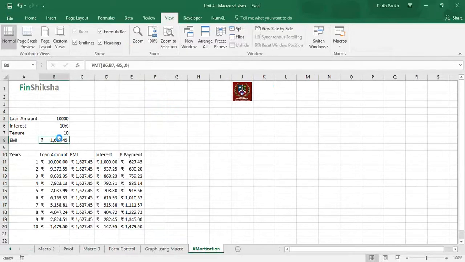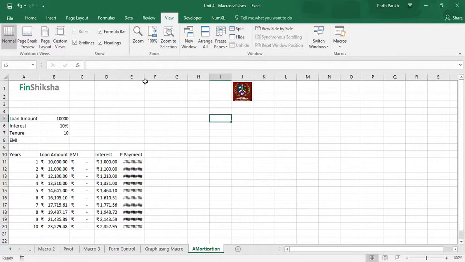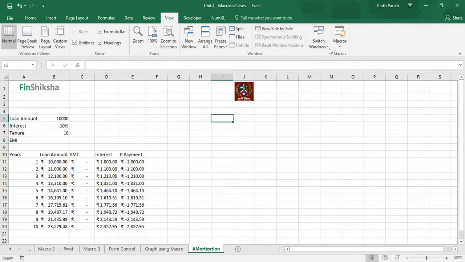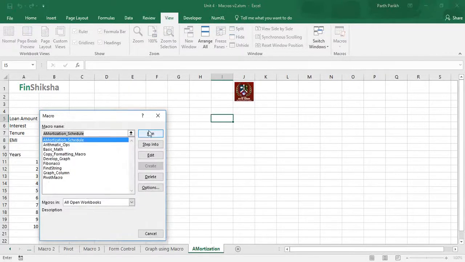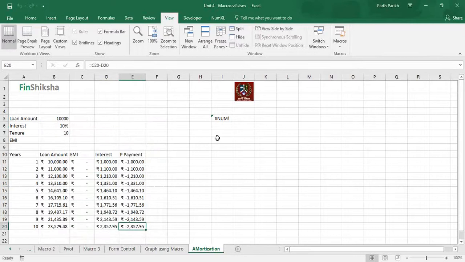Okay, so let's say I've removed this and I am over here, in this I5, and I run this macro again. Run. Okay, now there is no EMI. Absolutely nothing is present over here, and my formula has gone for a toss. And I cannot now get back what I have written. Okay, so now what changes do I have to do?